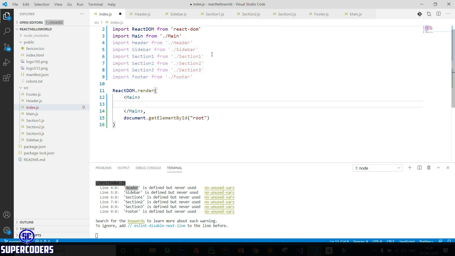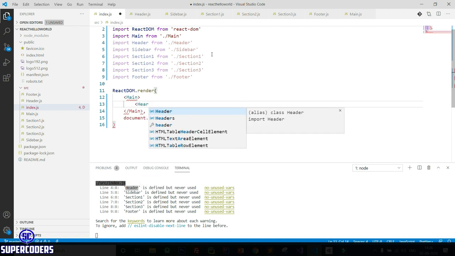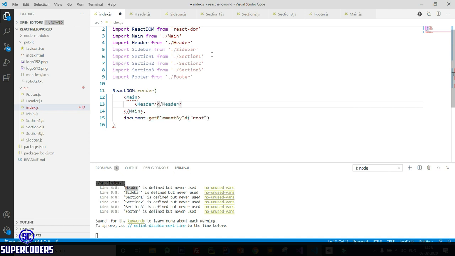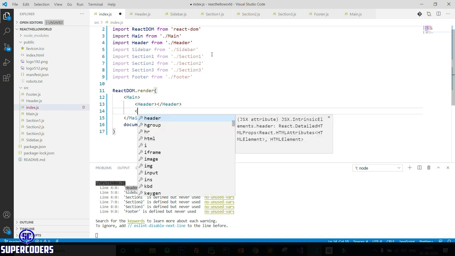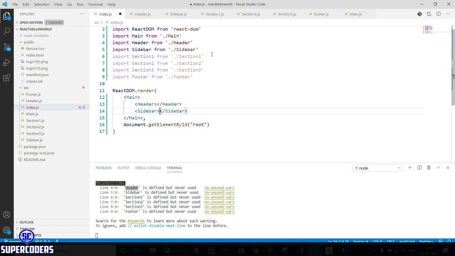So inside main component, first adding a header. Now adding other things like sidebar, and these things come from this part. This is not an HTML tag, this is a component, and it's imported from this sidebar.